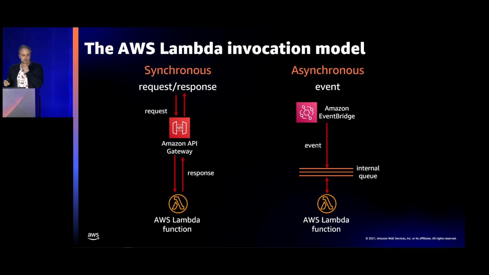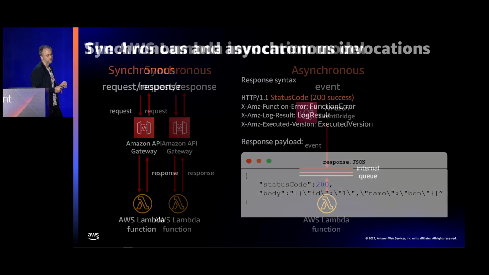If you use the asynchronous invocation model from an event-based source like Amazon EventBridge, an event is put onto your serverless event bus. That's run against all the different rules or filters in your event bus. If a matching rule is found, that's then routed onto the Lambda service, and the Lambda service picks that off an internal queue that's not visible to you, and runs your code against it, and significantly here, doesn't return a response back to EventBridge. EventBridge doesn't care about what happens to that event once it's left its serverless bus.